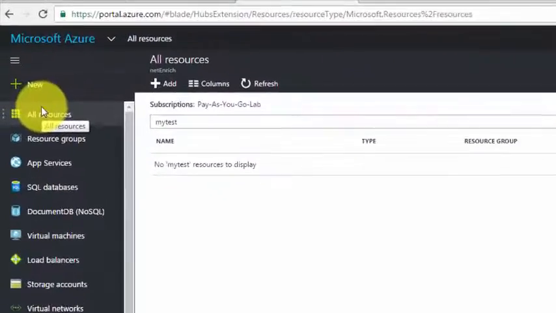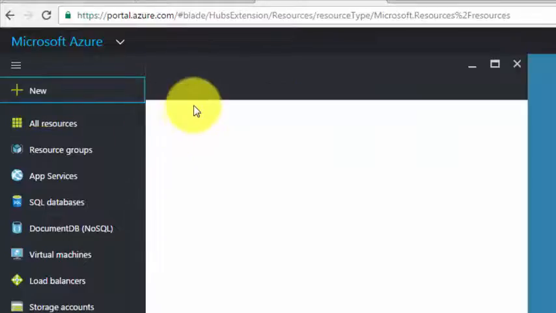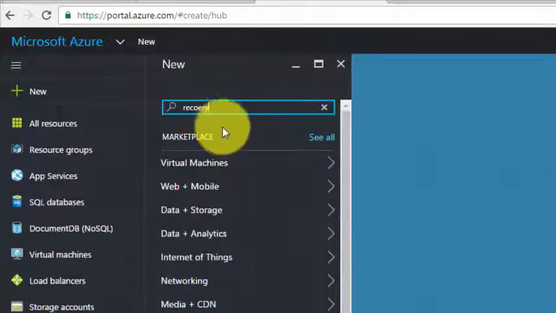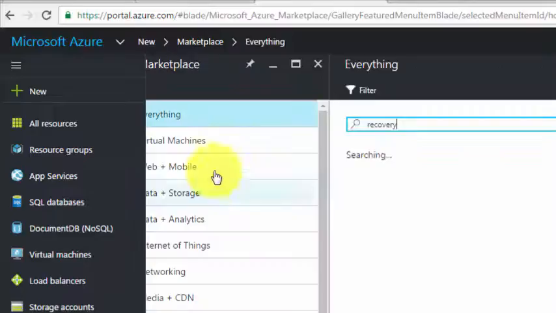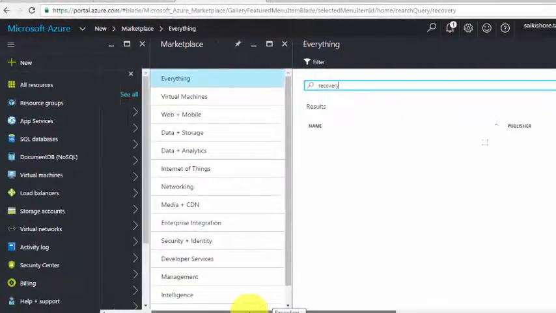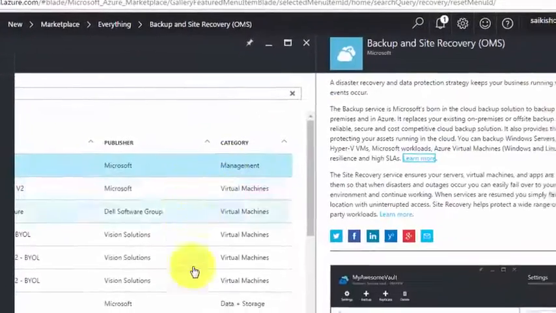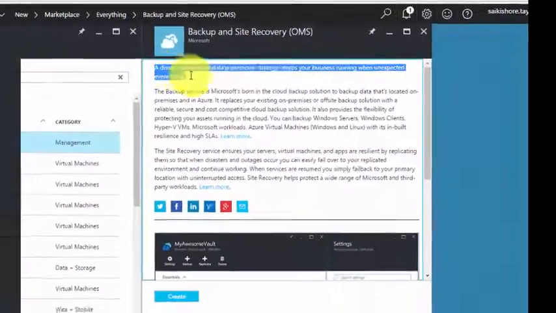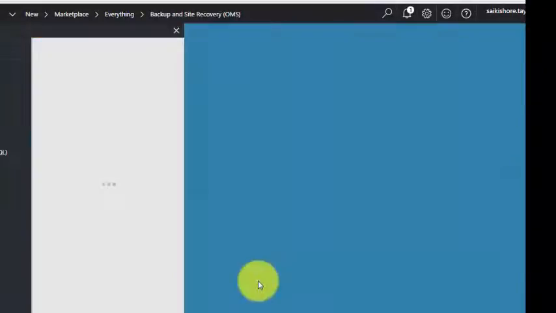Today I'll be showing you how to create a recovery vault and to add backup items. First of all, click on New and search the marketplace for recovery. Select the backup and site recovery, which is OMS, under the new portal. So this is for both disaster recovery and data protection strategy. Click on Create